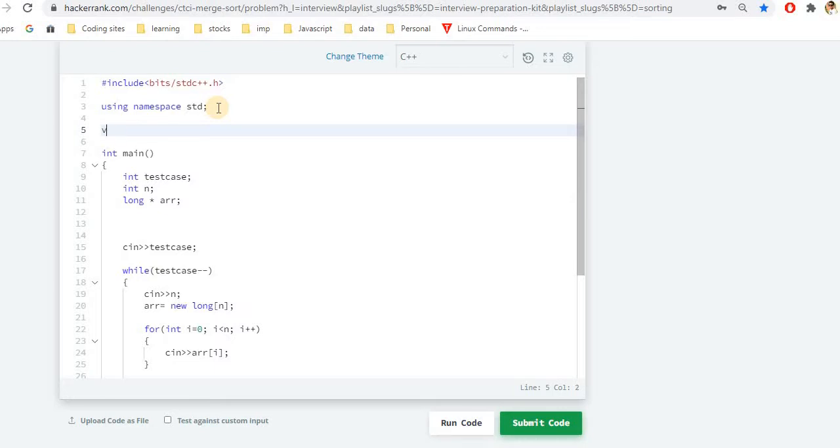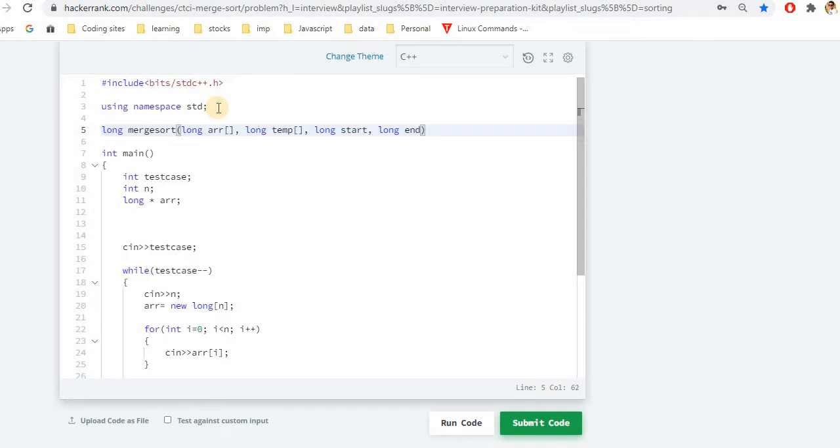So that is where we need to return the count. However, because this is a recursive function and merge comes under merge sort, we would be having a return type here. So this will be a long, and let me write merge sort. Here we'll have a long array, again a long temp, and the values will be long, so I don't have any issue of overflowing, so it will be a long start and long end.